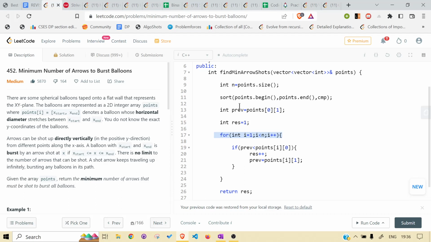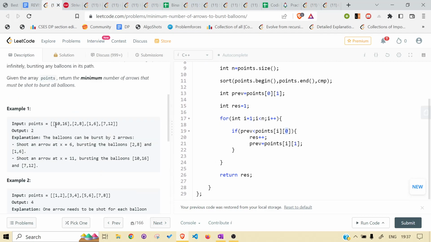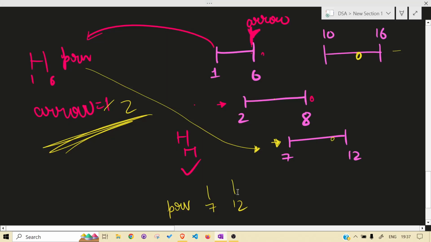As you can see, 0 comma 1, we are taking the end, and while comparing, we are comparing the first value, because it's a 2D vector. We have the 0th and first value, so we are comparing the 0th value, and if it is less than it, we are incrementing, because this case happens only at less than